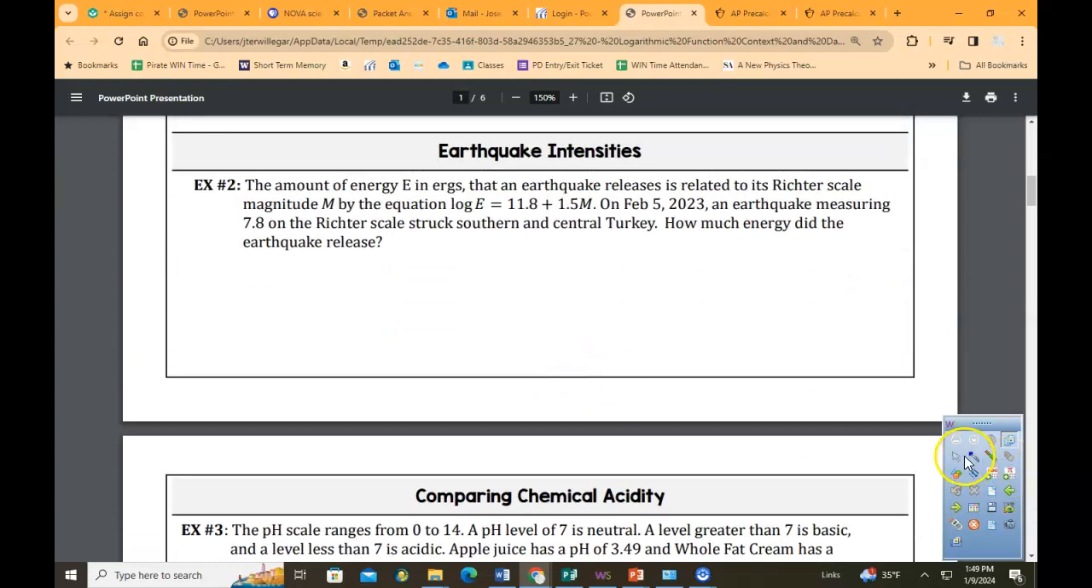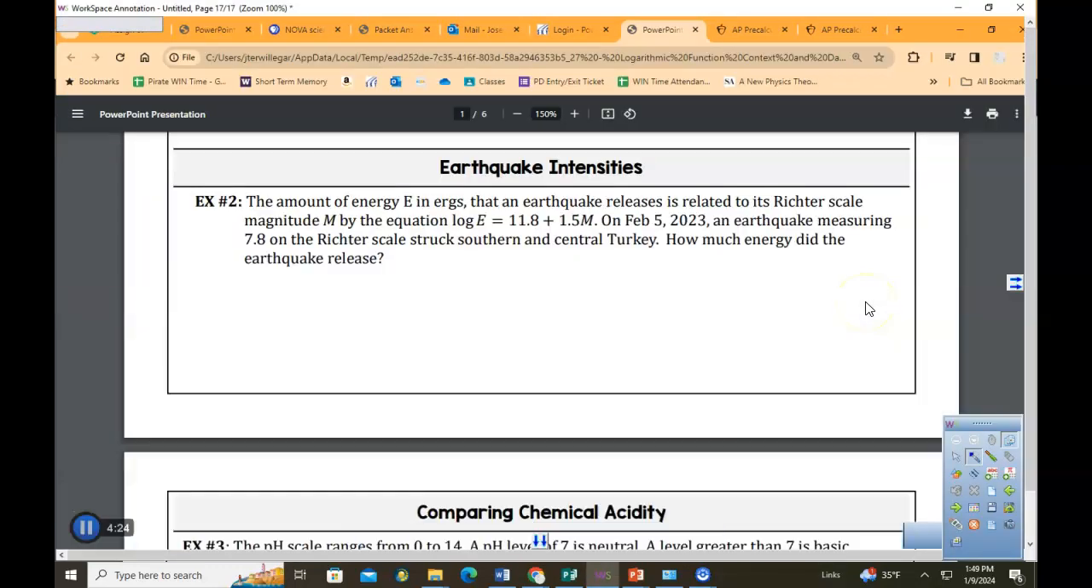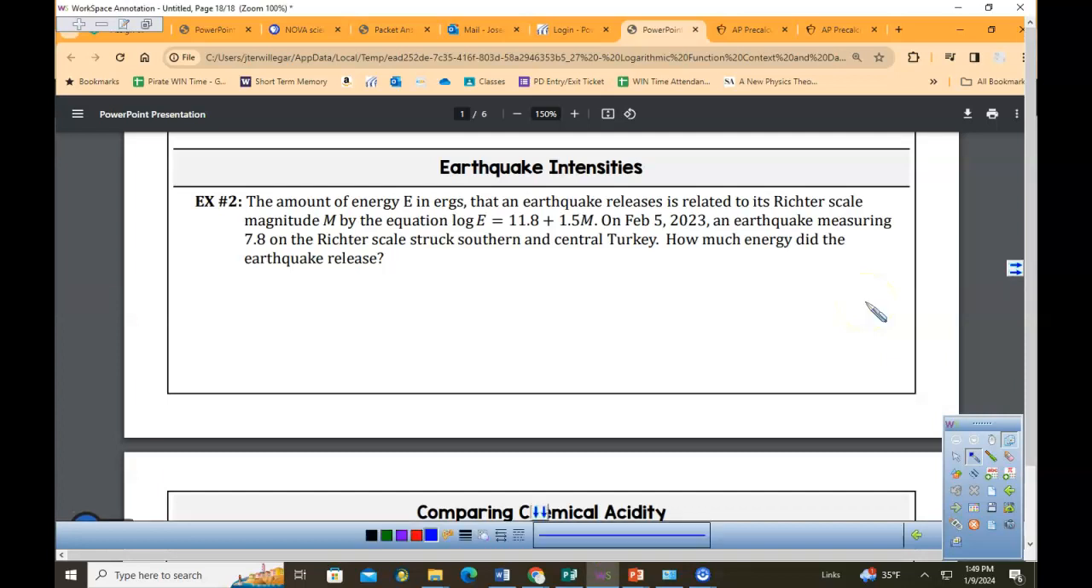All right, let's look at example 2. Example 2, we have an equation. A log of E is how much energy in ergs it has. Log of E equals 11.8 plus 1.5 times m, where m is my Richter scale that I measured. So how much energy was actually released? All right, so I want E, my ergs. So I'm going to do log of E